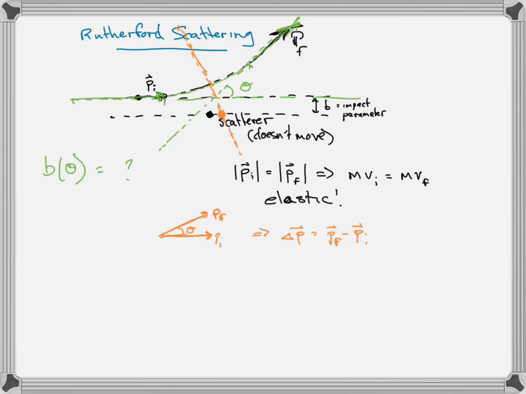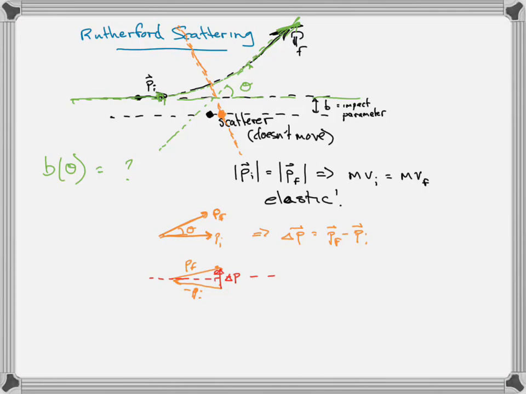There's a theta between them. So delta P is Pf minus Pi. So Pf minus Pi is taking Pi and turning it around, Pf. And so delta P is this vector here. That's delta P. And you can see, because if we put a bisector here, and I know I drew this a little bit messy,